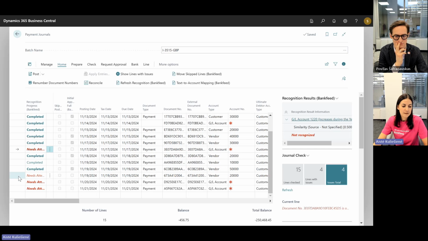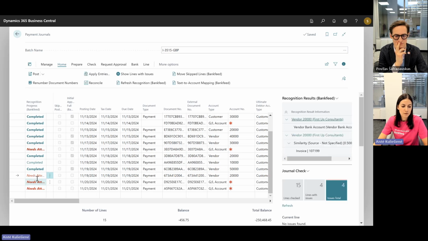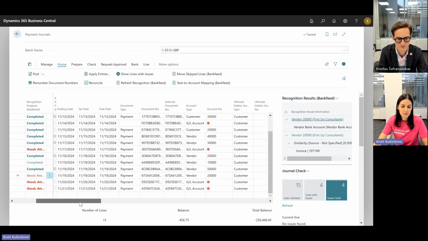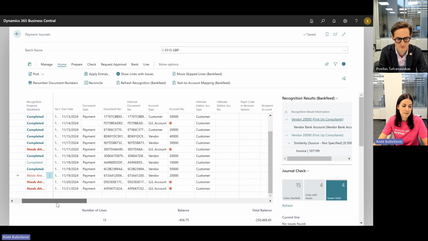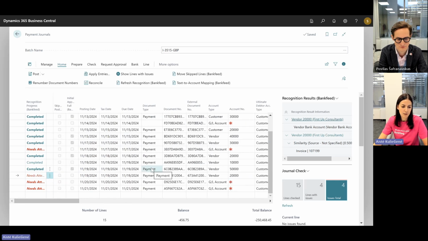Also, we have needs attention but not bold. This means that, for example, the vendor was found by IBAN, but there was no document in the message to recipient. So you have to apply this payment manually.